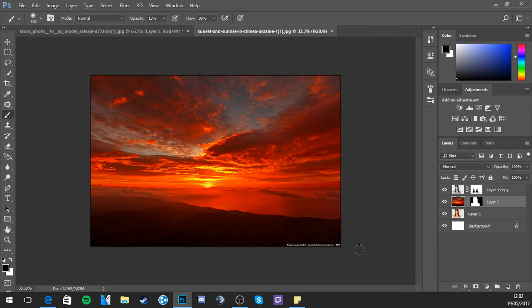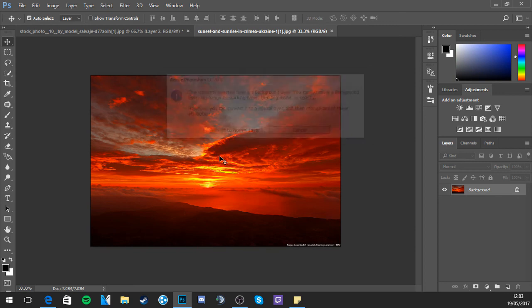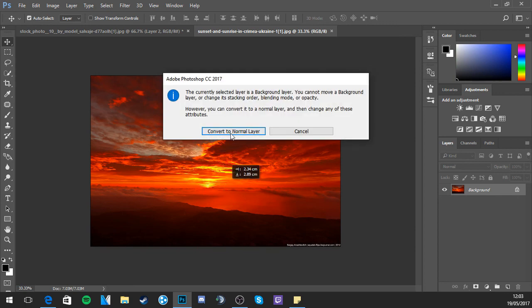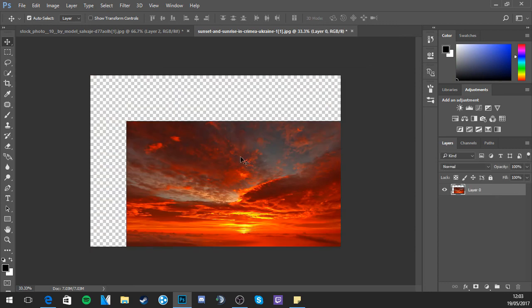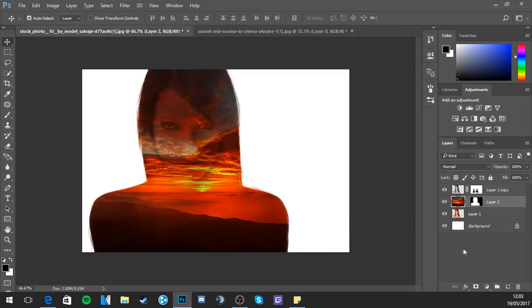Open with Photoshop, thank you. Oh, okay. You can just double click it, I think. Or click and drag. It's a background there, you cannot move or change it. Right. Control C. Can I now Control V? No.